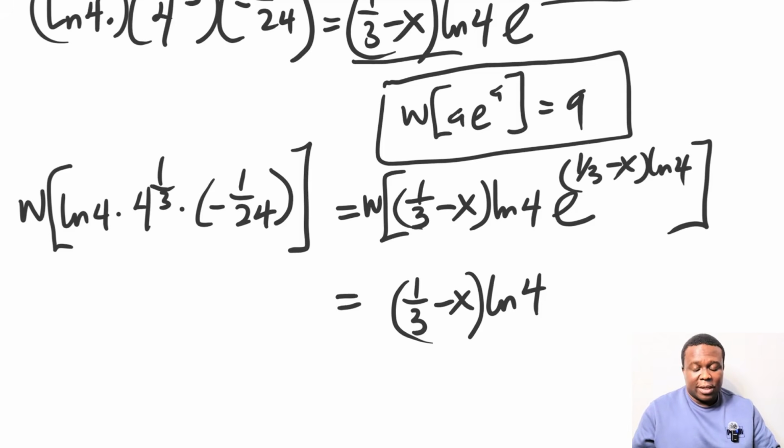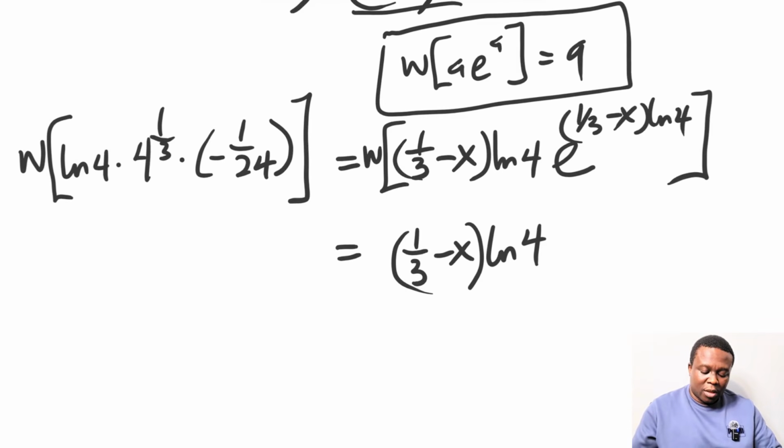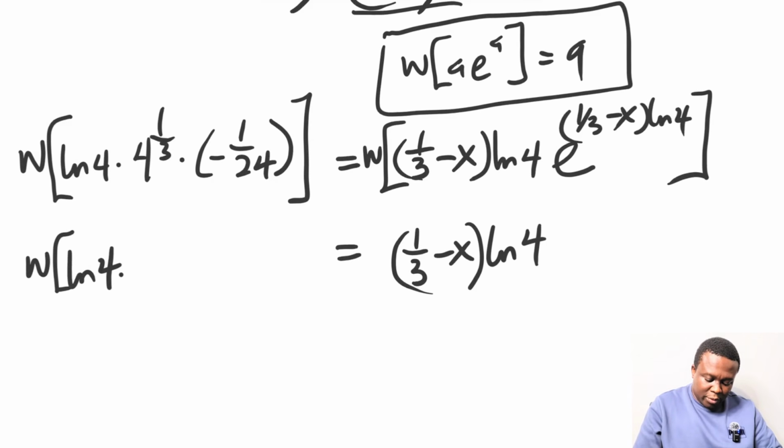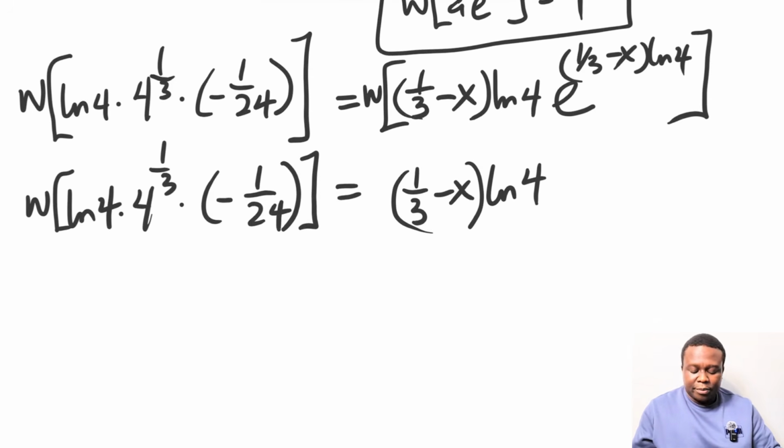So now over to the left-hand side, we're going to try to manipulate the left-hand side as well, such that we can satisfy the Lambert W's formula or rule. Now, we have W of ln 4 times 4 raised to the power 1 over 3 minus 1 over 24. Okay? Now, let's try to